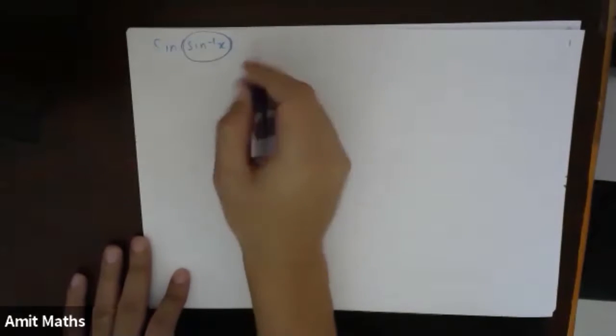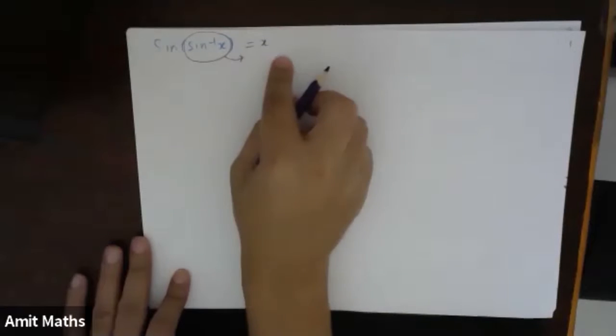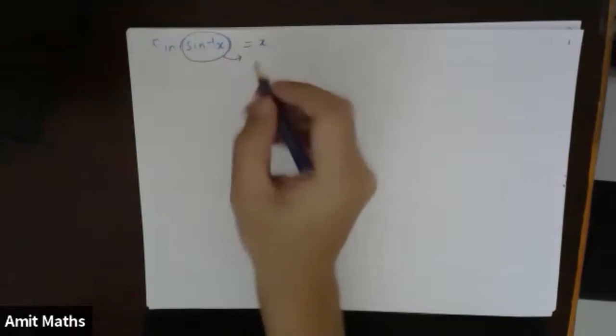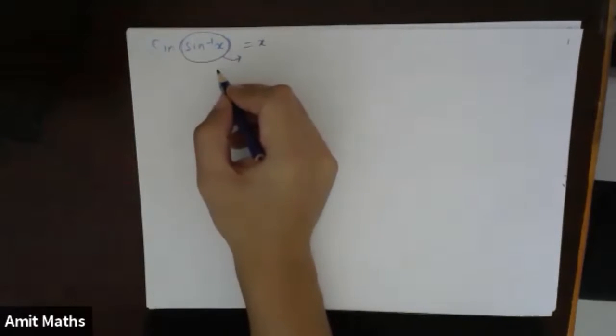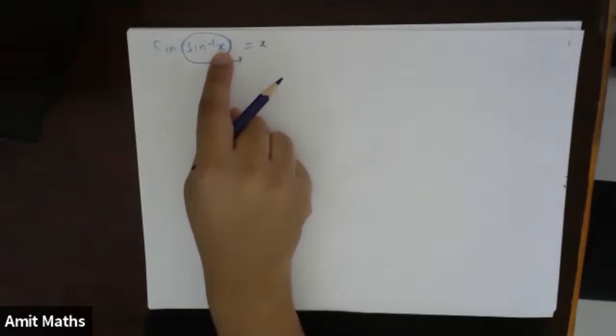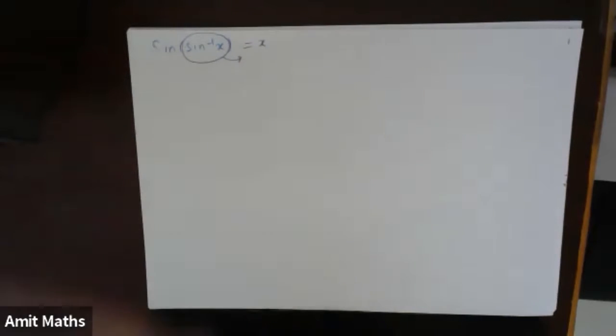So in this case, we know the output is x. We know the output is a straight line, right? But in this case, x will only take values from -1 to 1. Why? Because of sine inverse. So the minimum value of x will be -1 and the maximum value of x will be 1, right? You can think about this question.